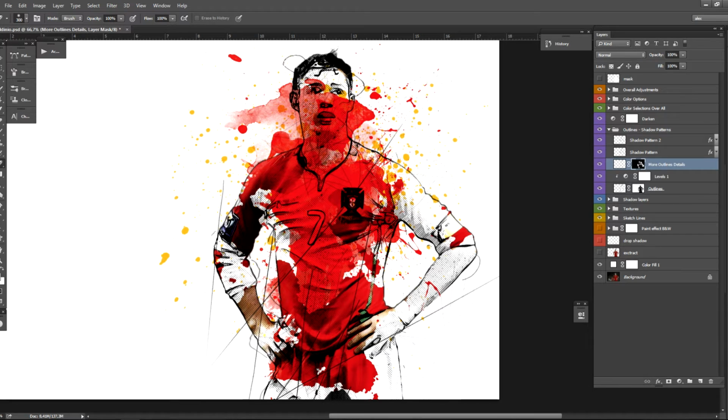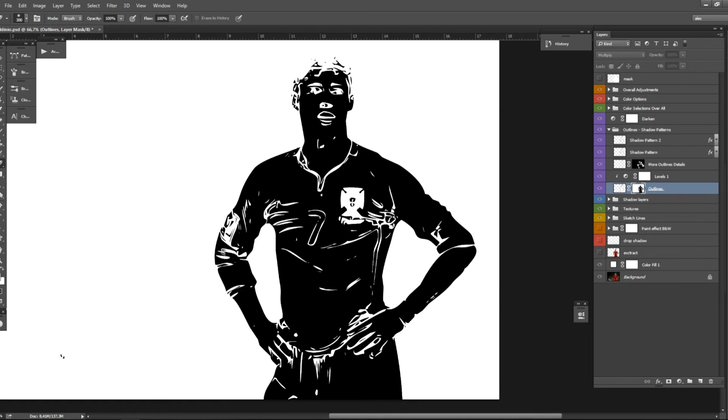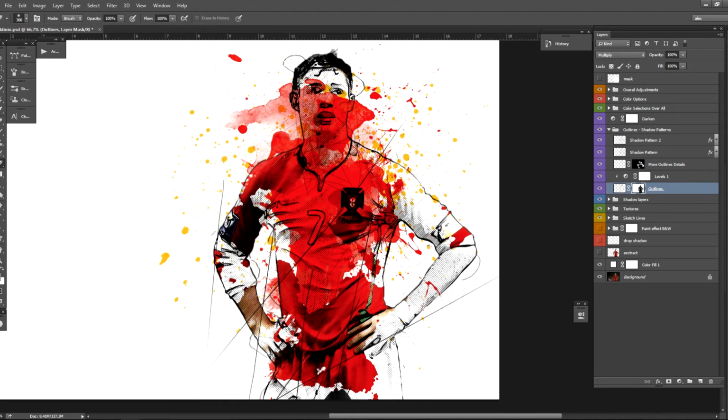You have the outlines layer, which is basically all the outlines on your design. Again, if you Option or Alt click the outlines, you will see I have made these selections to keep certain areas on this image.